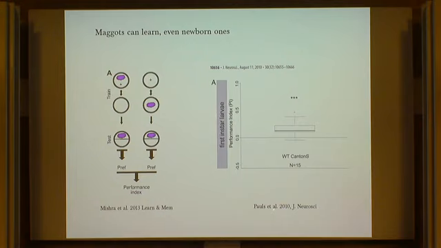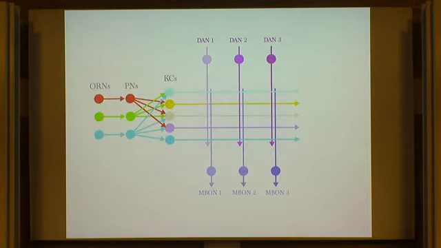So the ability to learn has been located in insects in the mushroom body. The mushroom body contains these cells called Kenyon cells, which are parallel fibers. And these cells are both necessary and sufficient for learning. If you inactivate these cells, you cannot learn. And if you activate them, you actually can induce memories in various ways. And so here's a summary of what the mushroom body looks like and what it does, from what we know